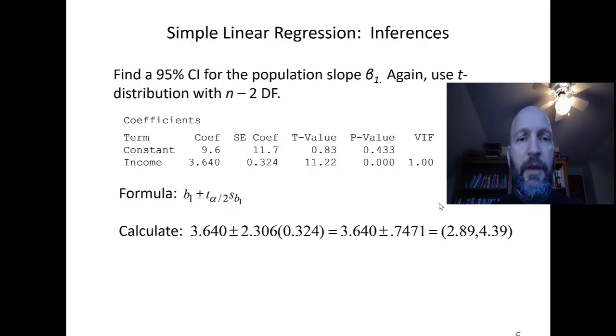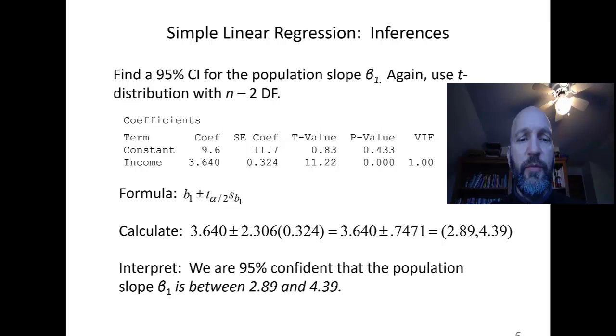So we can just plug these numbers in. We've got 3.64 plus or minus 2.306. That's what we had for our critical value when we did the hypothesis test on the previous slide. And then we multiply that by the standard error of the coefficient, 0.32. And that gives us a range from 2.89 on the low end to 4.39 on the high end. This means that we're 95% confident that the population slope beta 1 is somewhere in that range, somewhere between 2.89